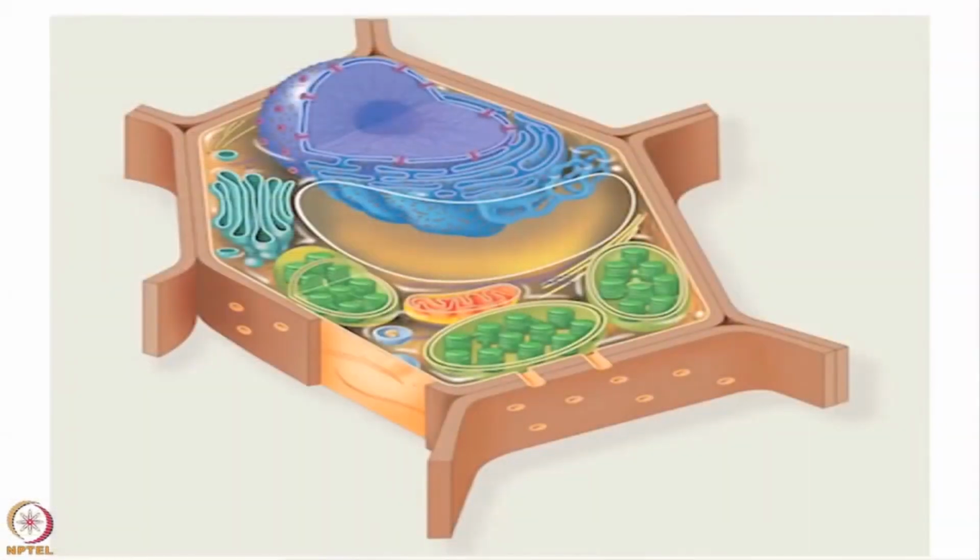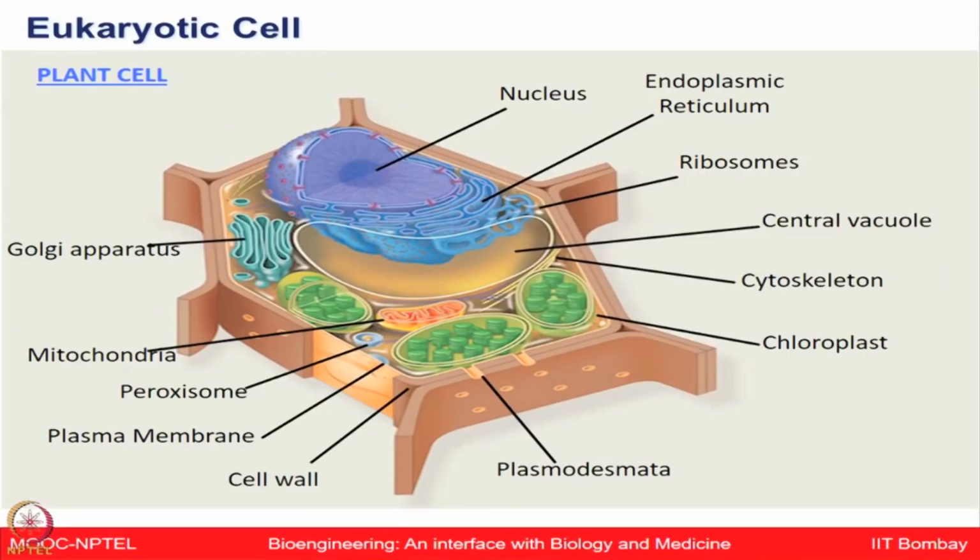We will again talk to you about their function in some time, but let us try to get morphological uniqueness from the prokaryotes to different types of eukaryotic cells. And now let us guess what this image shown on the screen for this eukaryotic cell is. So, this is a plant cell, and now let us move on to look at the different components of these plant cells. Yeah, so the arrow now shows a nucleus,